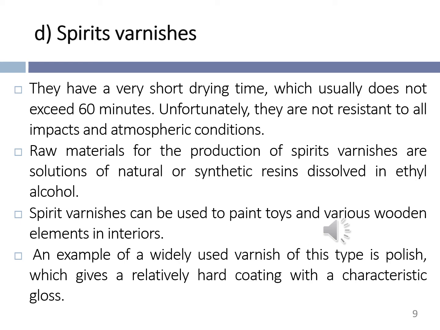Raw materials for the production of spirit varnishes are solutions of natural or synthetic resins dissolved in ethyl alcohol. So, which raw materials are involved in the production of spirit varnishes? The natural or synthetic resins are used as a raw material. These resins are dissolved in ethyl alcohol and work as the raw material for the production of